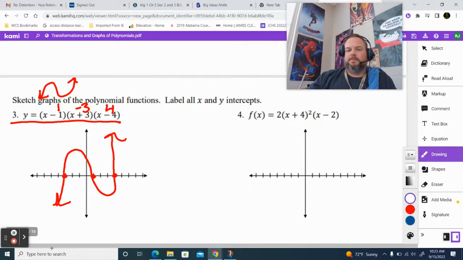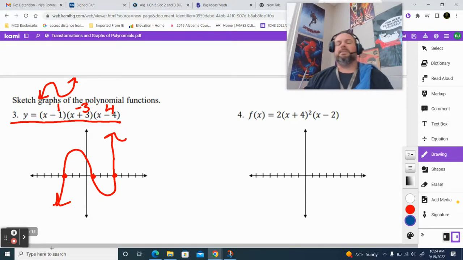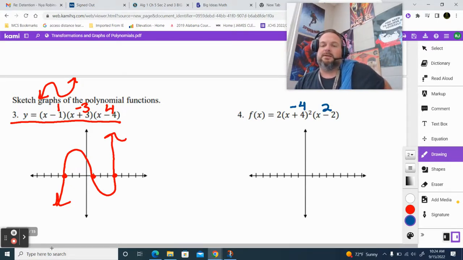Nope. Okay, there we go. That's more better. All right. Now, this one has a -4 and a +2. Okay. Yeah, I'm not there yet. 1, 2, 3, 4. 1, 2. Now, it only crosses